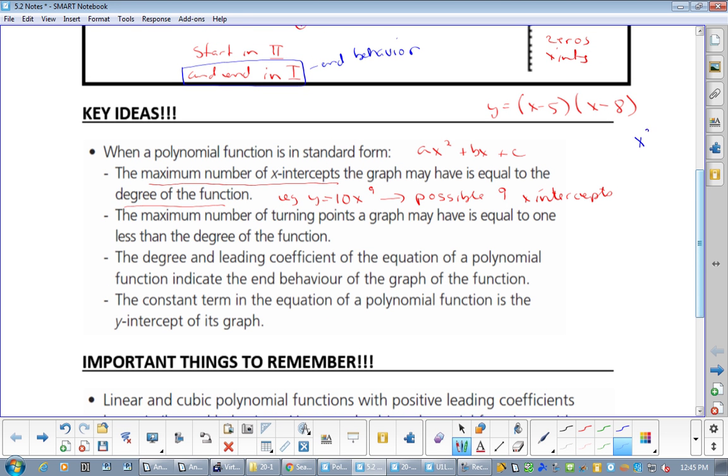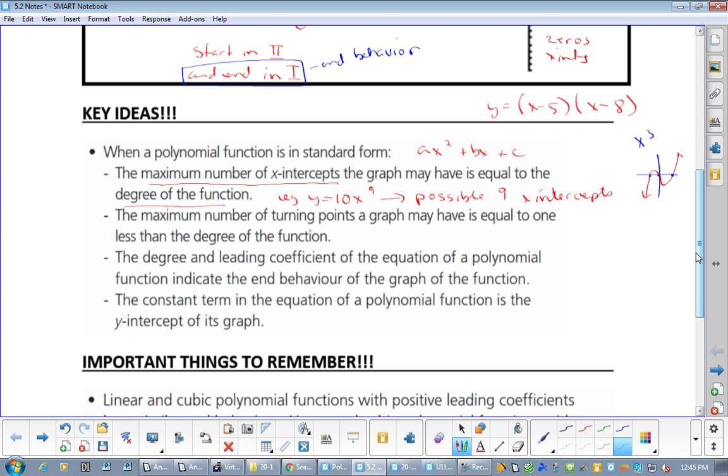Okay. Now, if I can give you an example, just to be able to show you that if you have an x cubed graph, okay, this is what an x cubed graph could look like. Do you see how we have 1, 2, 3? Okay. An x cubed will always do an s, or kind of a not very good s. Do you see, is there any possible way I could have 4? Okay, but is it possible to have 0? No, to have 0 x-intercepts